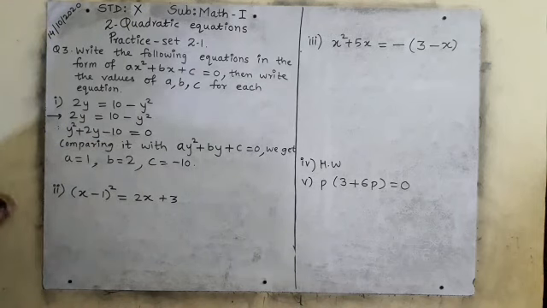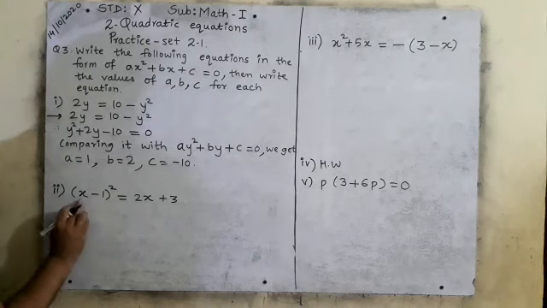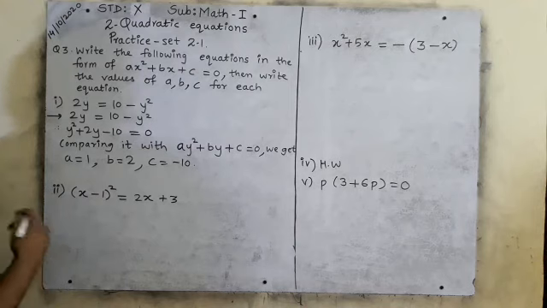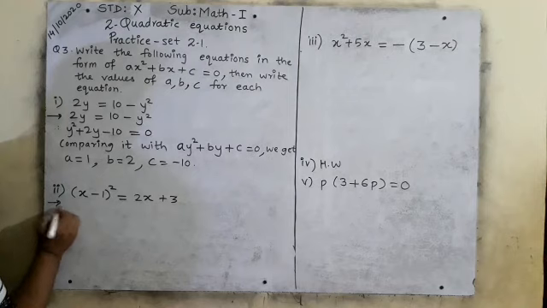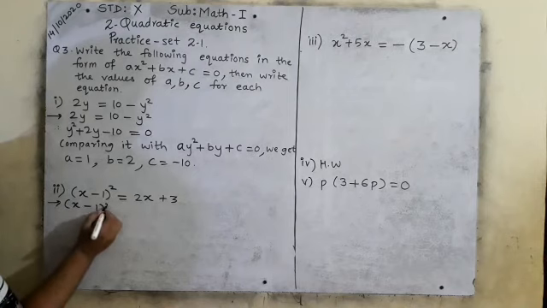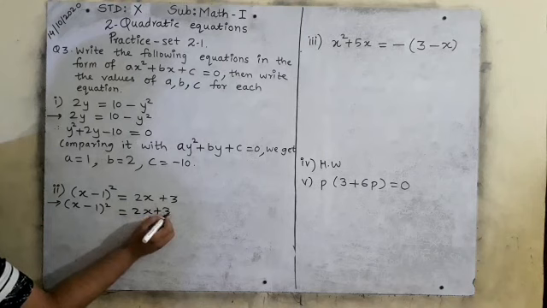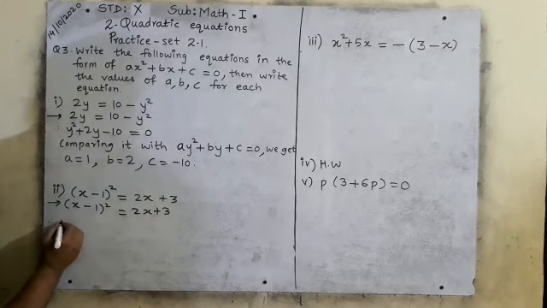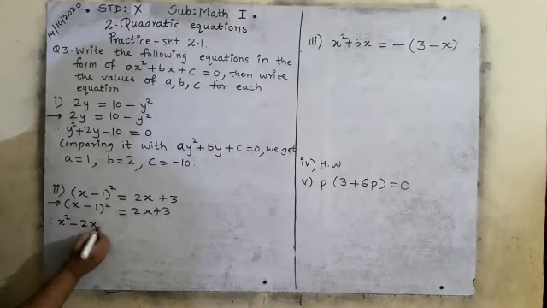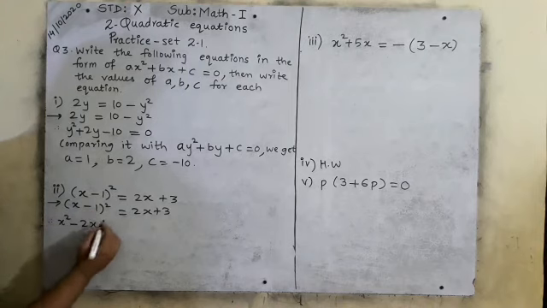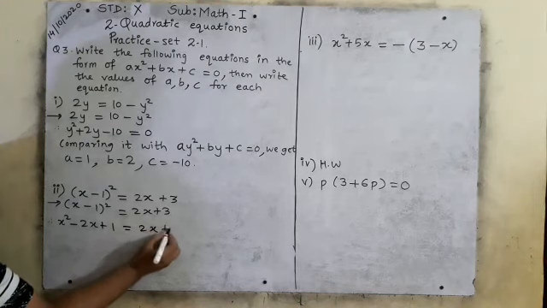Now see the second one. First we have to solve this. This is (a minus b) bracket square. Remember something? (a minus b) bracket square is a square minus 2ab plus b square. So you have to solve over here. First you will write the question as it is. Now you will solve this. You will solve x square minus 2x, right? 2 multiplied by x multiplied by 1, right? So 2x, then you will write plus 1 is equals to 2x plus 3.